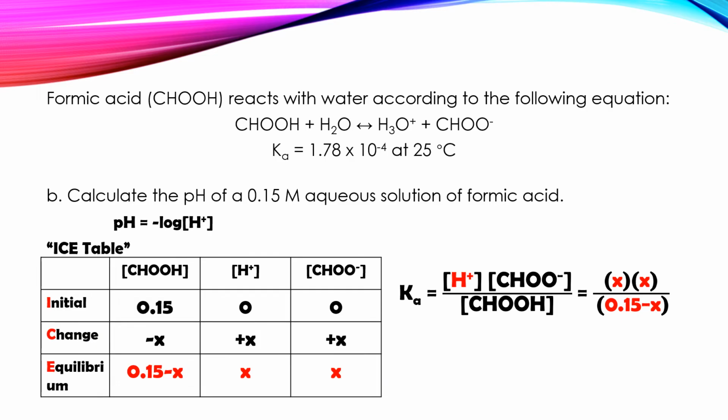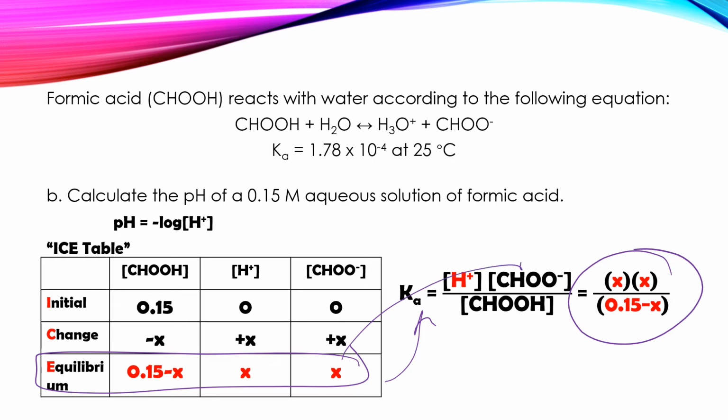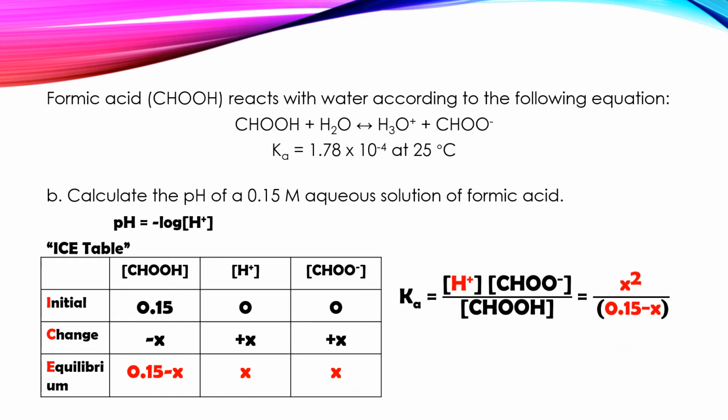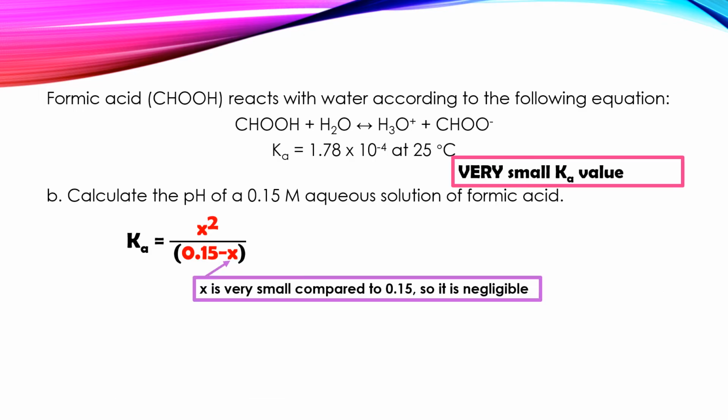All right, now I'm ready to plug into the equilibrium constant expression that I formed with my Ka. This is the formula that I get by plugging my equilibrium numbers into the formula I had already created. Simplifying, I'm going to get X squared divided by 0.15 minus X. Now, for all intents and purposes, you could incorporate this X and solve for your Ka value. You can, but that would incorporate using the quadratic equation. For most classes, for this class,